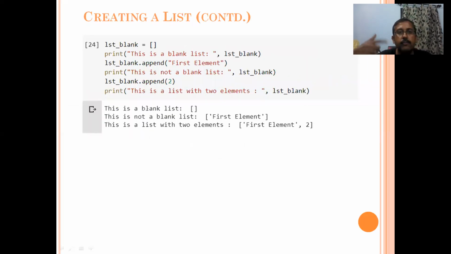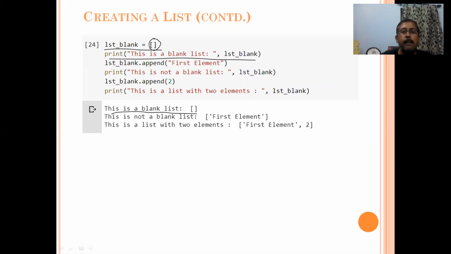Now, the second way of creating a list. Sometimes it may so happen that at the beginning of a program, you don't know what values are going to come as part of the list elements. So you just start with a blank list, and maybe you are going through a loop and adding elements to the list. So how do you do that? You start with a blank list like this. You just give a square bracket without any elements. So it is a blank list, and I just print the blank list here.